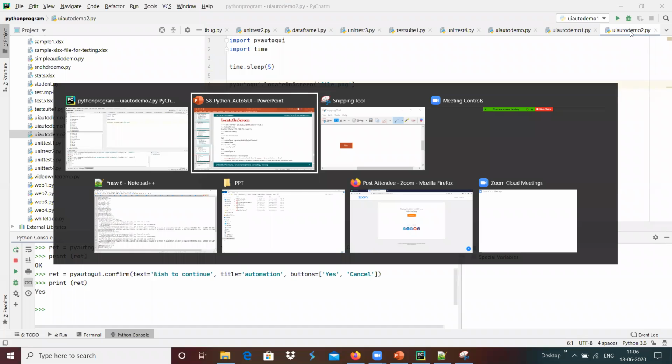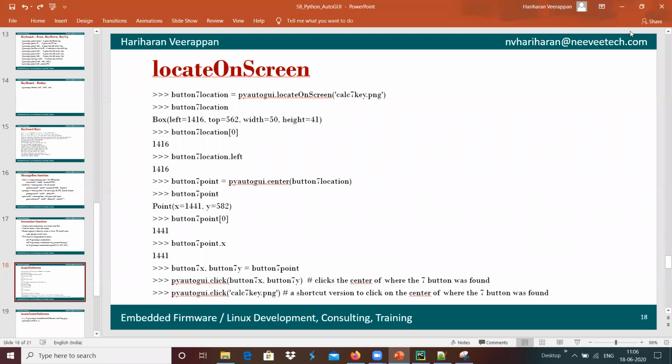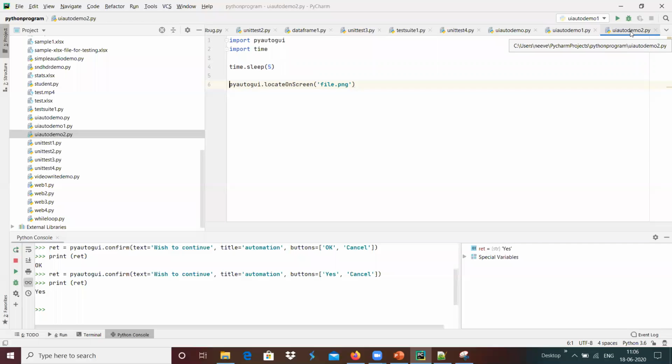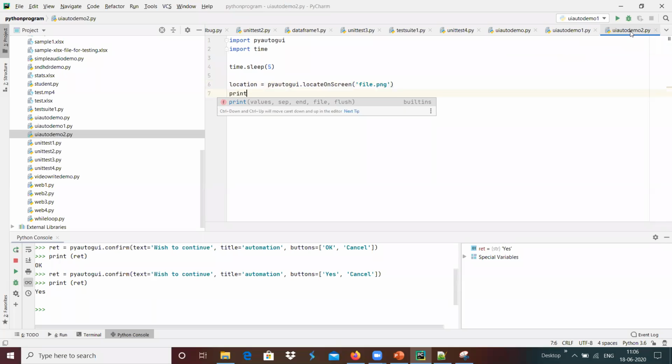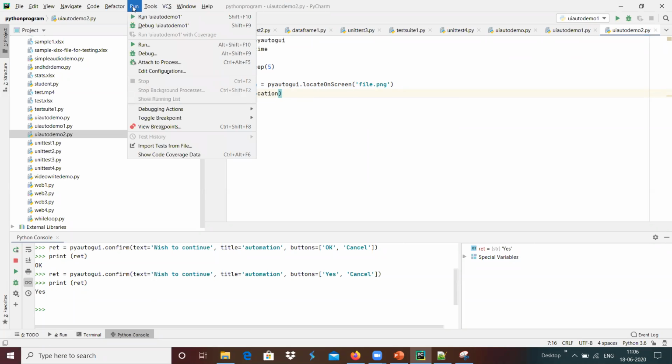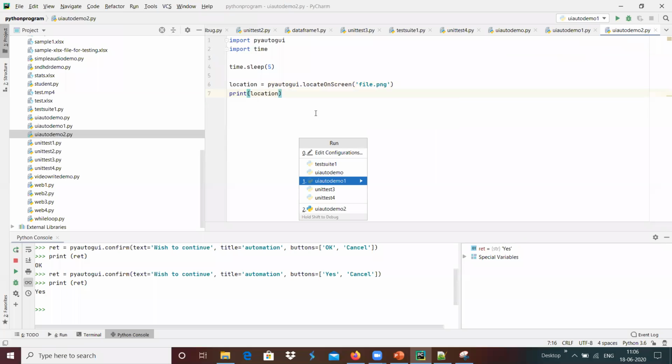Once it is received, that will be the button location, and we can get it on this, maybe location equals this one, and then print the location over here. And I'm going to run this test automation, and it basically detects where this file.png is present in our screen, which is similar to this file.png.